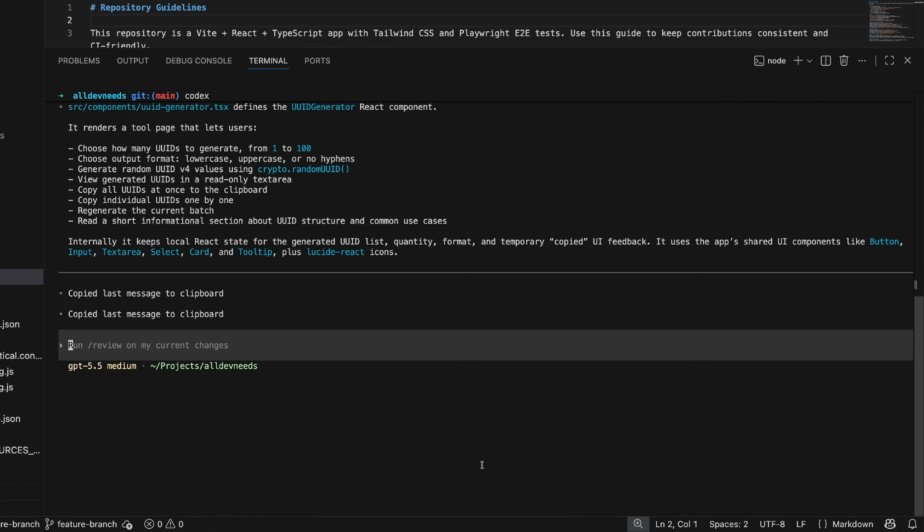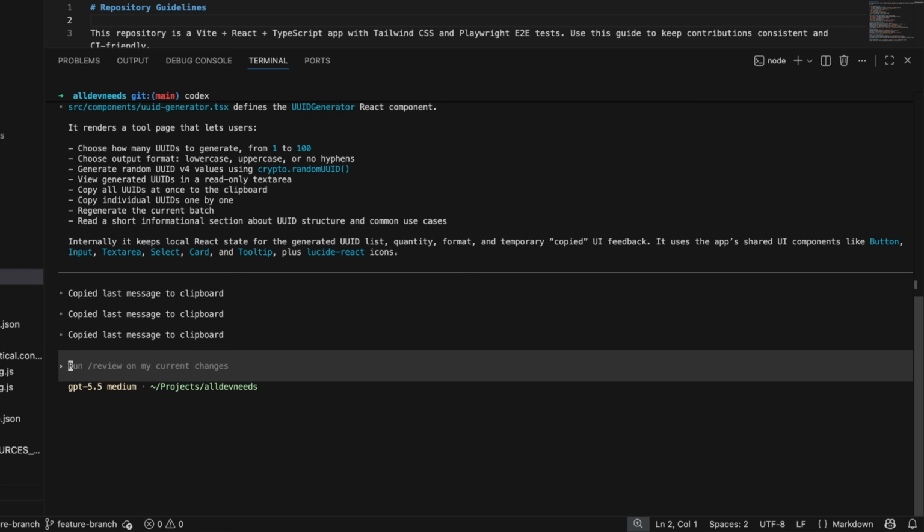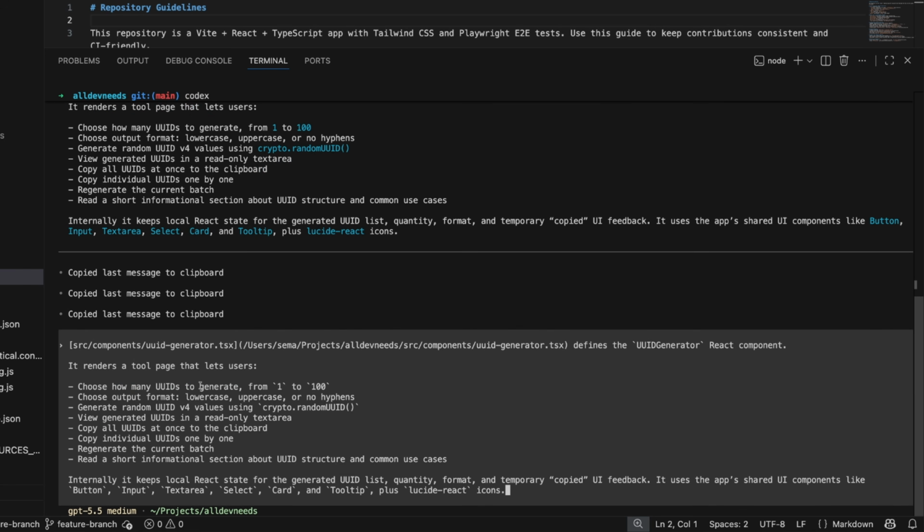Next we have the copy command. With the copy command you can copy the last response as markdown. So let's see what we get. When I paste it, I get the response as markdown. Usually I don't recommend using this command. If I want the agent to create an empty file, I just ask for it and I approve the file